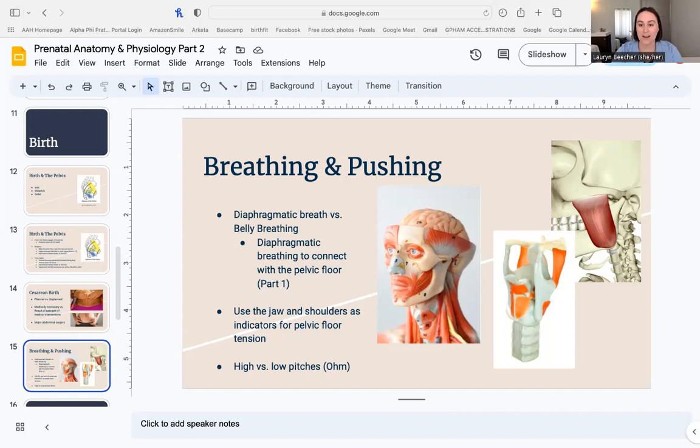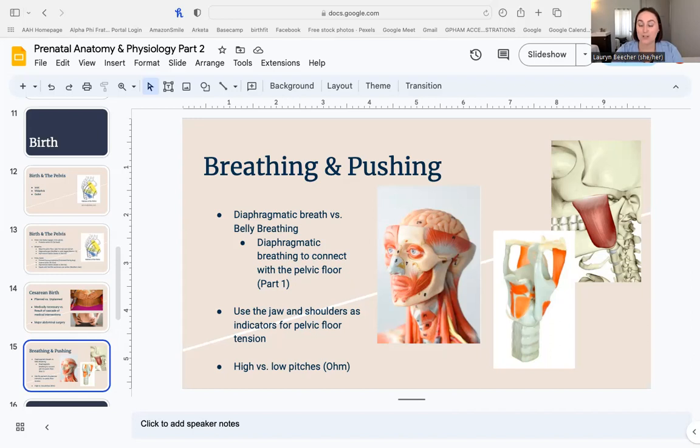So when we think about labor, especially if it's in a traditional hospital setting with coached pushing, they're often telling people, now take a really big breath, hold it, push as hard as you can. Well, let's do that twice more. And what we're doing there is creating some tension at the pelvic floor and then trying to just overpower it and push past it. So seeing, can I use that soft exhale, that pant, to keep the pelvic floor relaxed